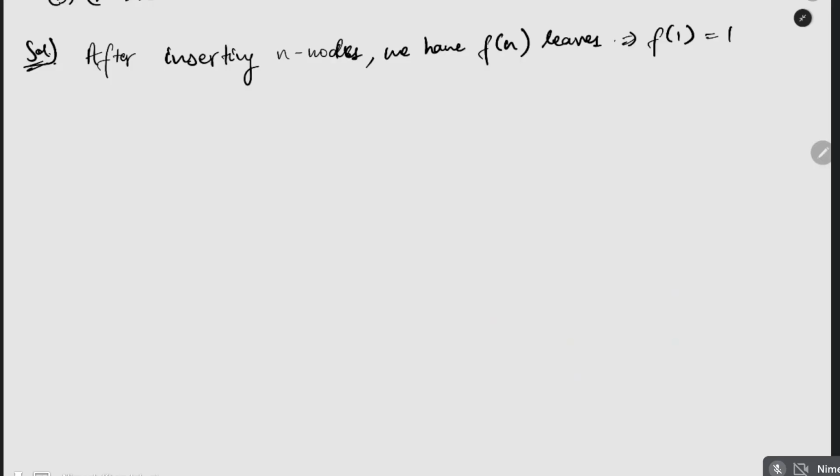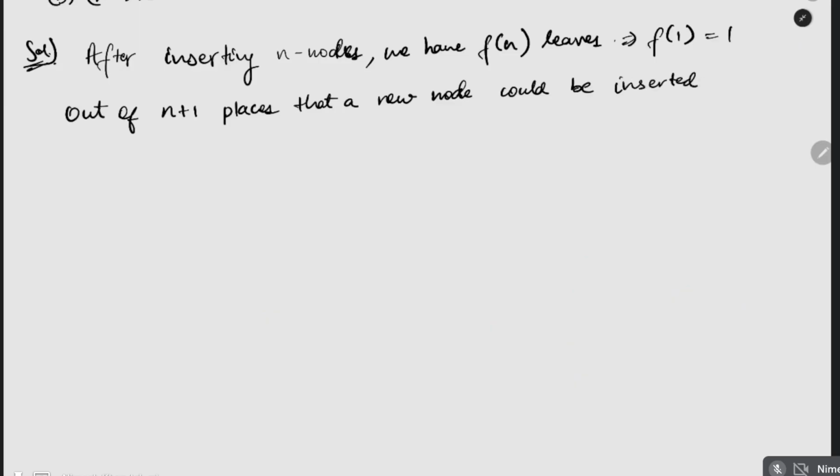And then out of n plus 1 places that a new node could be inserted,